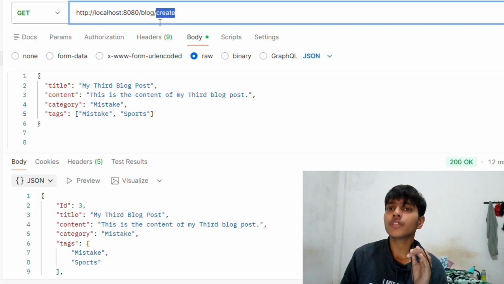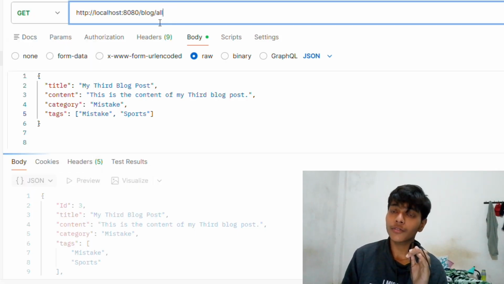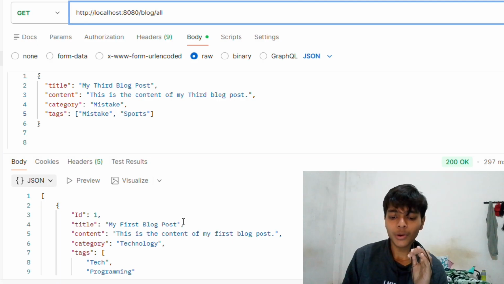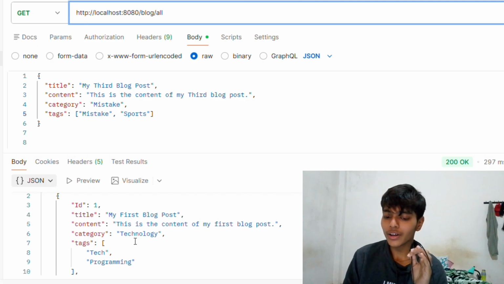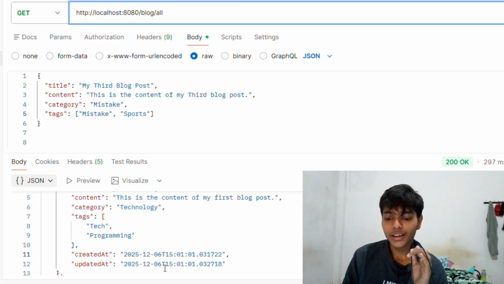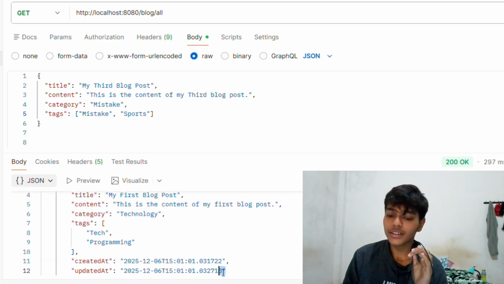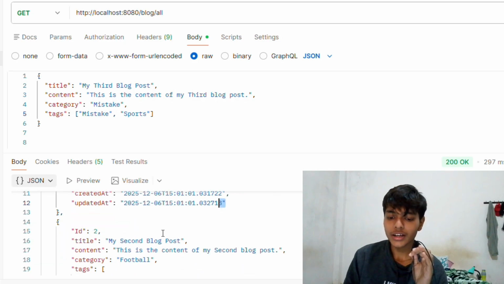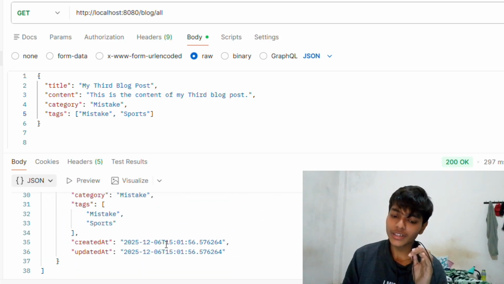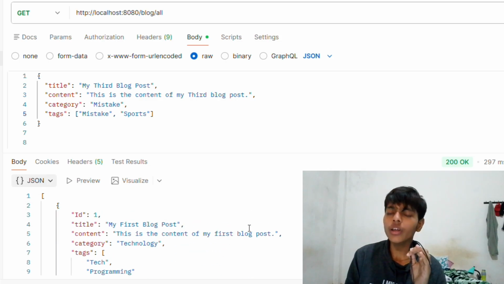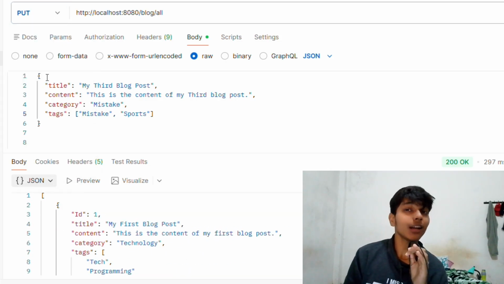Now I want to see all of these together. So we go to the get request, blog slash all, and as you can see the ID one, my first blog, and we can scroll down, we can see that it is created at, this is the first, right? This is the ID 2, this is my second, and this is the third one. Now as you can see, I've made a mistake in the third one, which means I can update it,